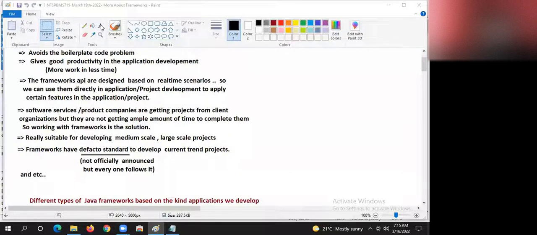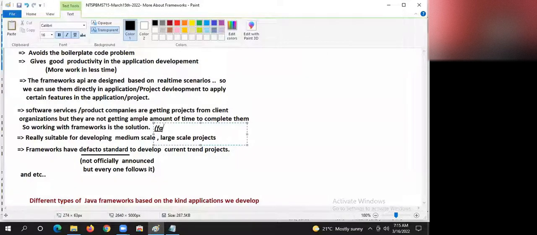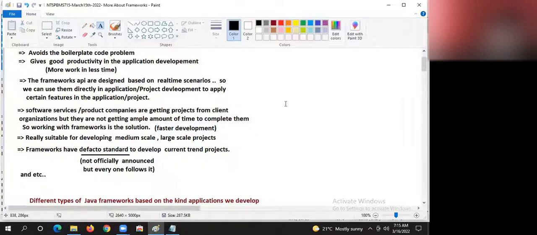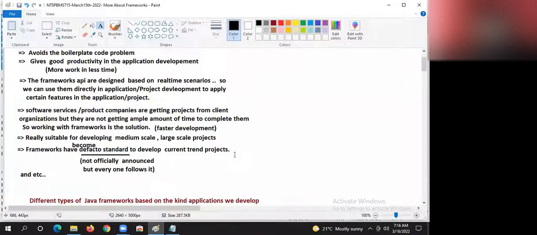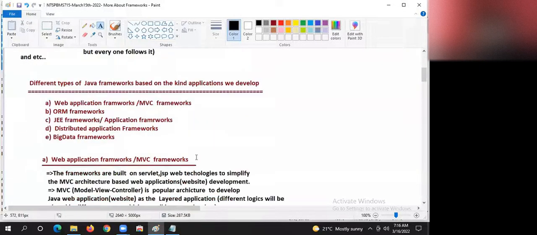It is really suitable for developing medium scale and large scale projects. Frameworks have become the de facto standard to develop current trend projects, guys. Not officially announced, but everyone follows it.